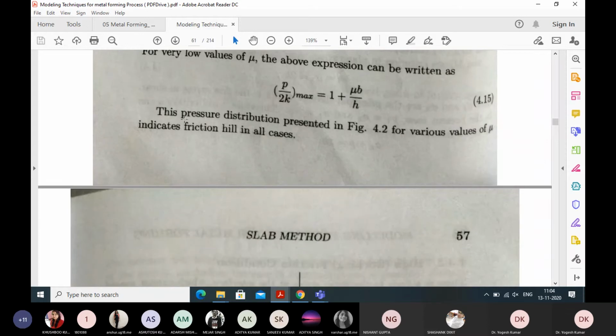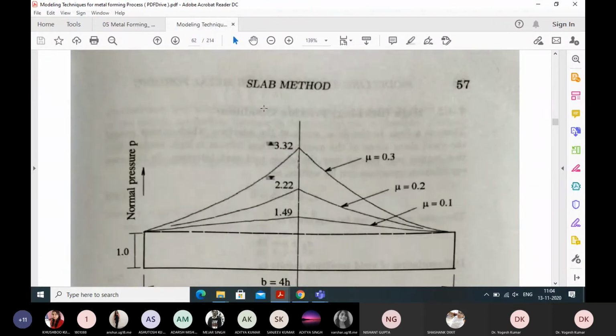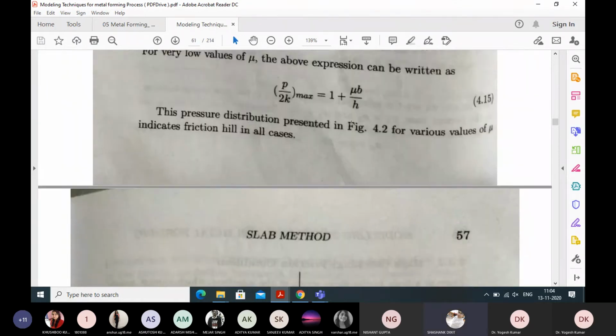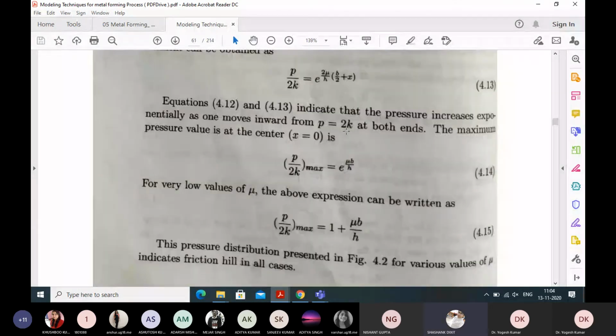Okay, so I think up to this there is no doubt. Sasank? No doubt, sir. Yeah, one doubt is,